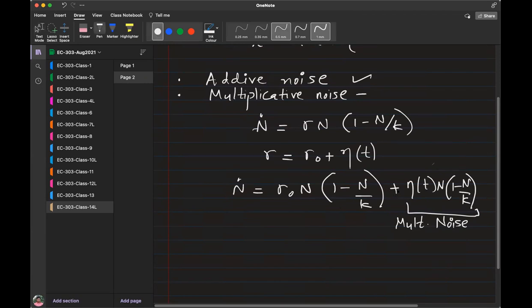The plus sign here has no meaning, by the way, because eta, the way we have defined it, is always a Gaussian white noise. It has both positive and negative values. So I could have written minus, and the equation would be mathematically identical. But the way the noise is given, the deterministic part looks pretty much like the original equation, and the noise as a function, maybe I felt it could be because of something at a lower level.